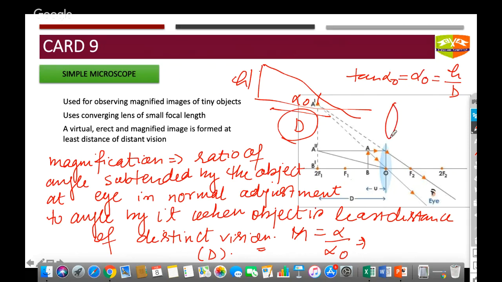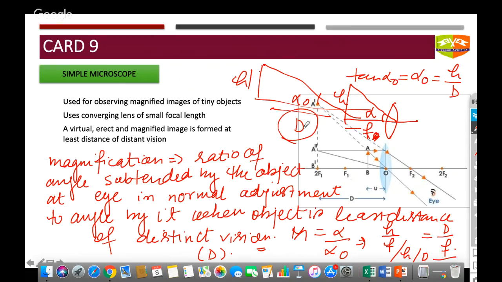And when we do adjustment, means putting a convex lens over here, suppose it makes an angle alpha. So suppose this is making an angle alpha over here. So this alpha is equal to h by f naught, nearly h by f, or f naught, whatever you take. So this is h by f divided by h by d, and this comes out to be d by f. So this is your formula of magnification in case of